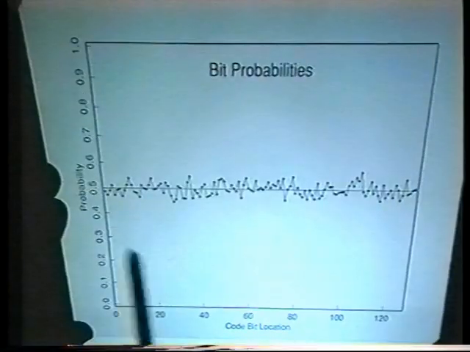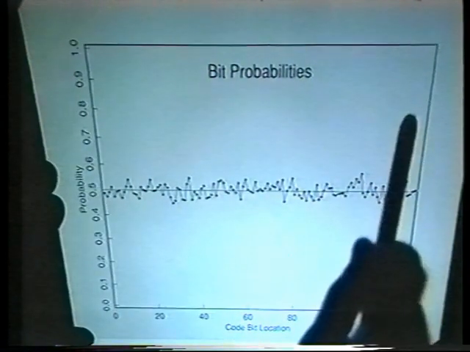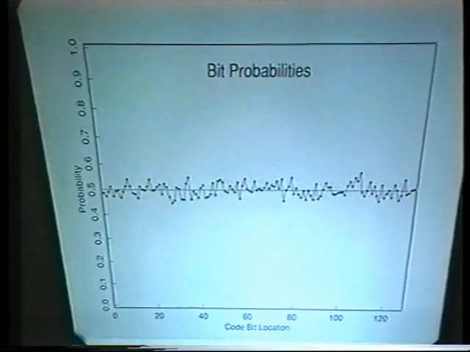What are the statistical properties of iris codes? Well, first we have to establish that there is independent variation. This would be useless if everybody's iris had, say, a notch in the 12 o'clock position, because then you couldn't recognize people on that basis. The probability of bits being set would be non-uniform as a function of position in the iris code.